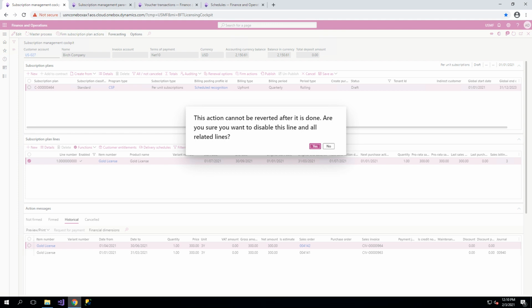Yeah, of course it mentions all related lines in this case, because there could be add-ons, right? So in the case of add-ons which are linked directly to this line, if you deactivate this line, you're essentially also deactivating all the add-ons linked to that line. So I'll click yes,